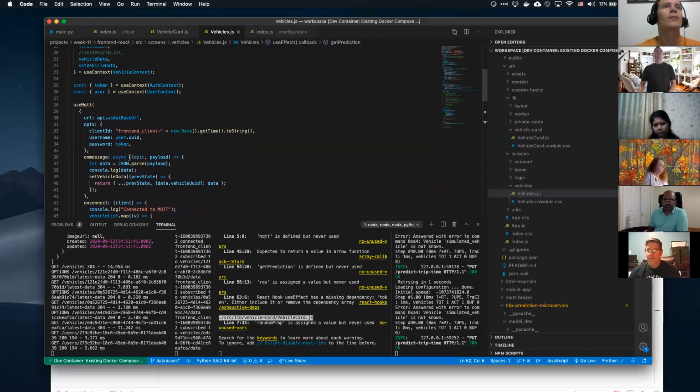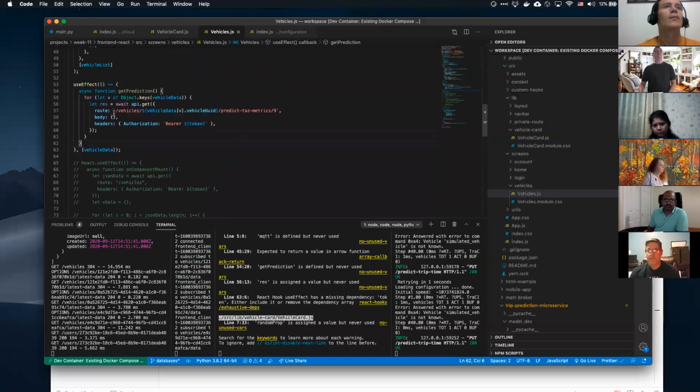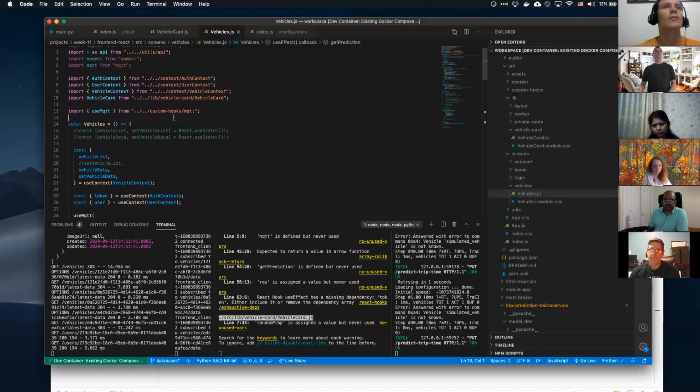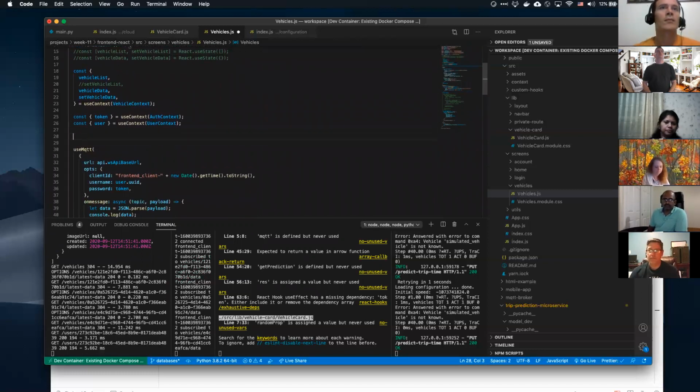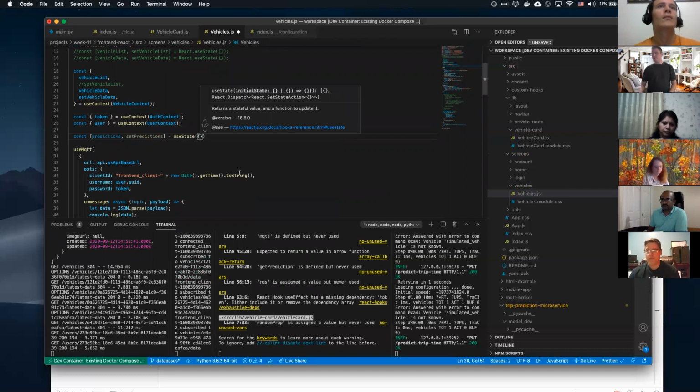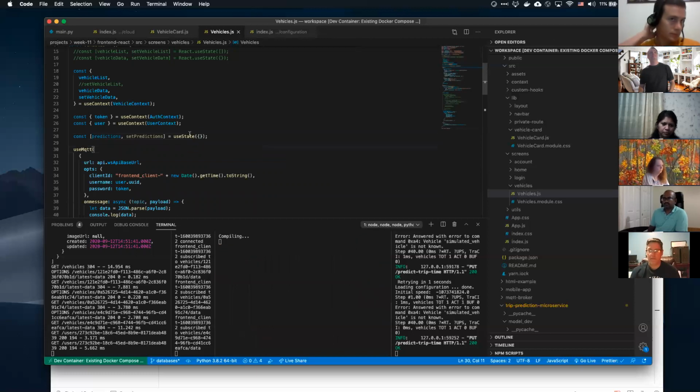I need to set some state here, because I need to actually send the prediction down into the vehicle. So what I'm going to do is say const predictions and setPredictions. So I just have some internal state here. I'm going to use useState with an empty object.